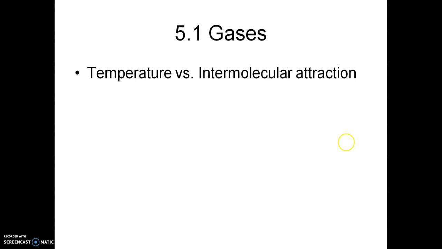Now, the temperature of the gas determines how fast the molecules are moving on average. Every molecule is moving at a different speed, and when it bumps into another one, it may speed up or slow down. So it's a chaotic mess. We talk about the average speed, and that's the temperature. The higher the temperature, the faster they're going, the more likely they are to fly apart from each other.